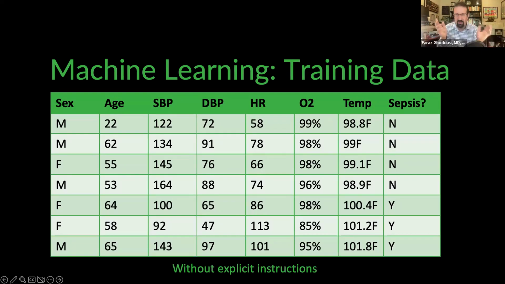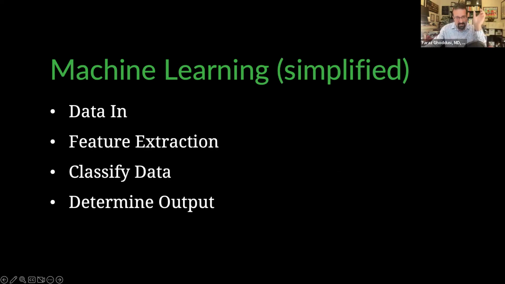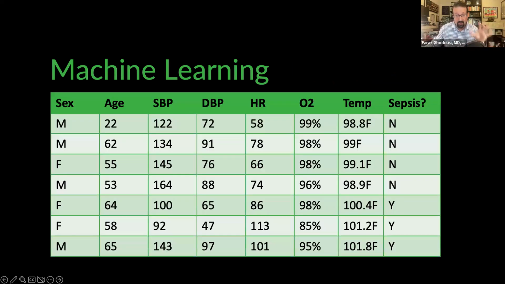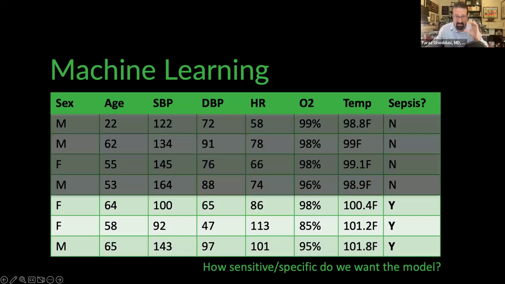So we're using this computer system that's able to learn and adapt without following explicit instructions by using these algorithms and statistical models to analyze and draw inferences for patterns in that data. So with machine learning, it sort of takes that data in, extracts very specific features, classifies it, and then gives us an output. So in looking at something like this example sepsis model, we look, all right, these last three,